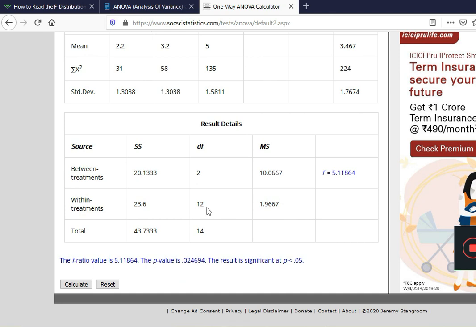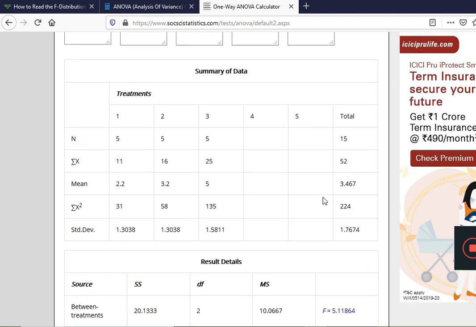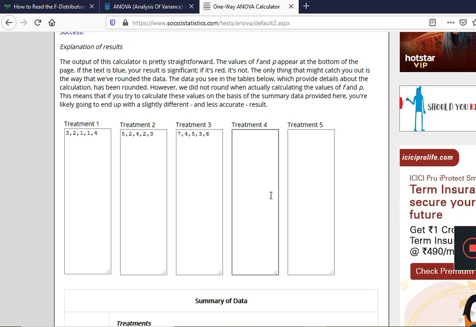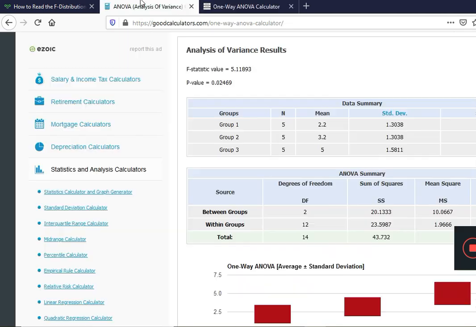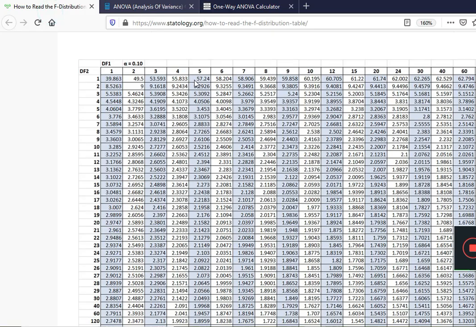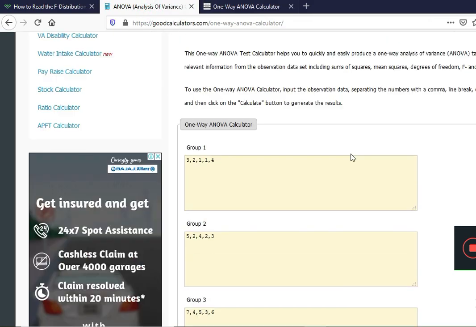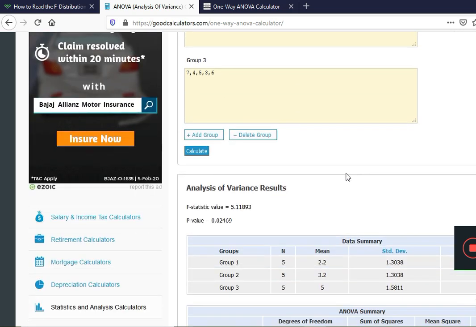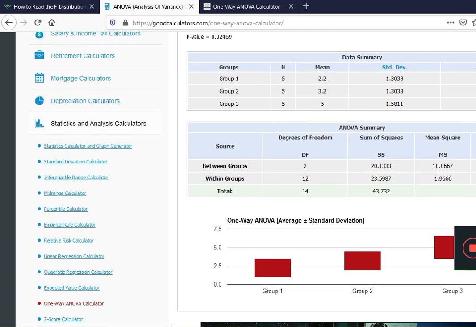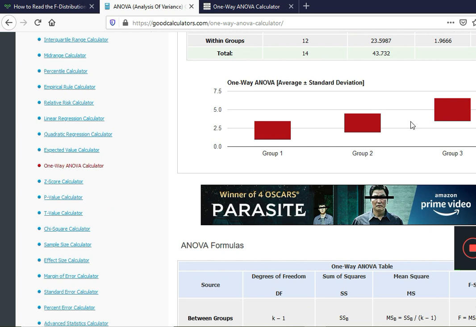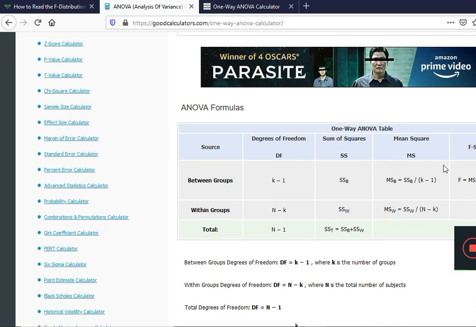F is this within, yeah, this is the p value they have calculated. Okay, no problem. So there are many other ways to compare it. These are the 2 tools that basically I have found. The same data I fill in and the same results are coming. Basically 5.1189, we have 5.119, so one same thing.